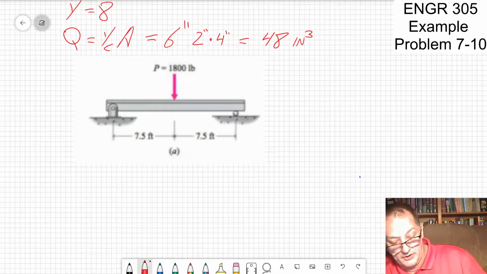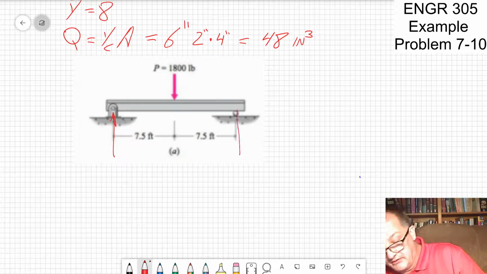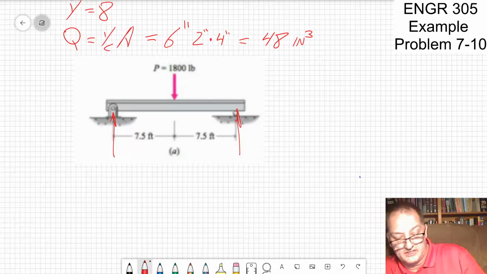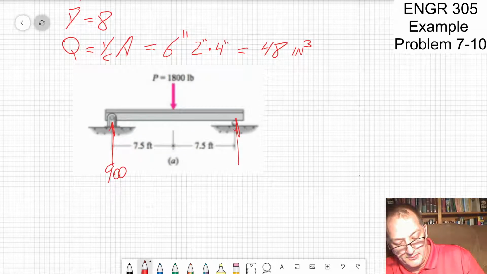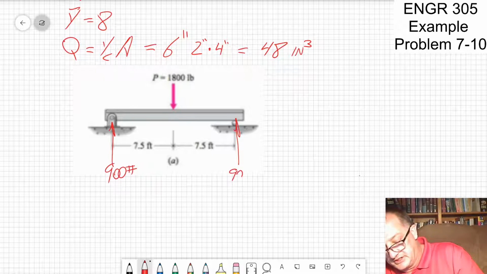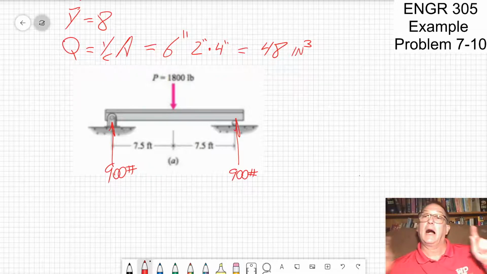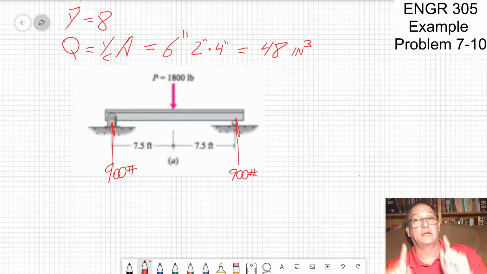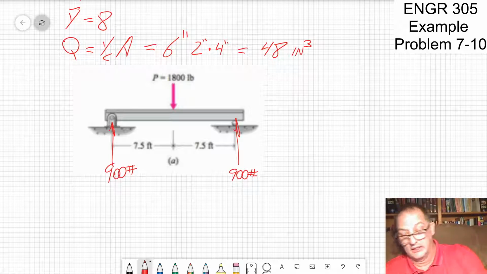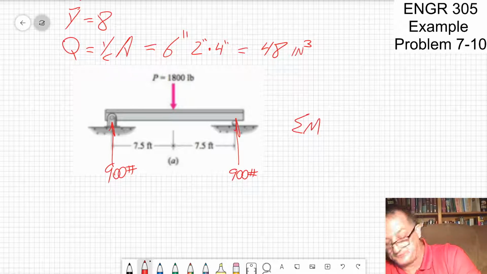If we remember what we're doing, I've got a reaction force here and a reaction force here. Because this is all symmetric, I know this is 900 pounds and this is 900 pounds. Now, I'm jumping ahead because I know this really, really well. You might want to go through the free body diagram to figure this all out. But if you did a sum of the moments equal to 0,